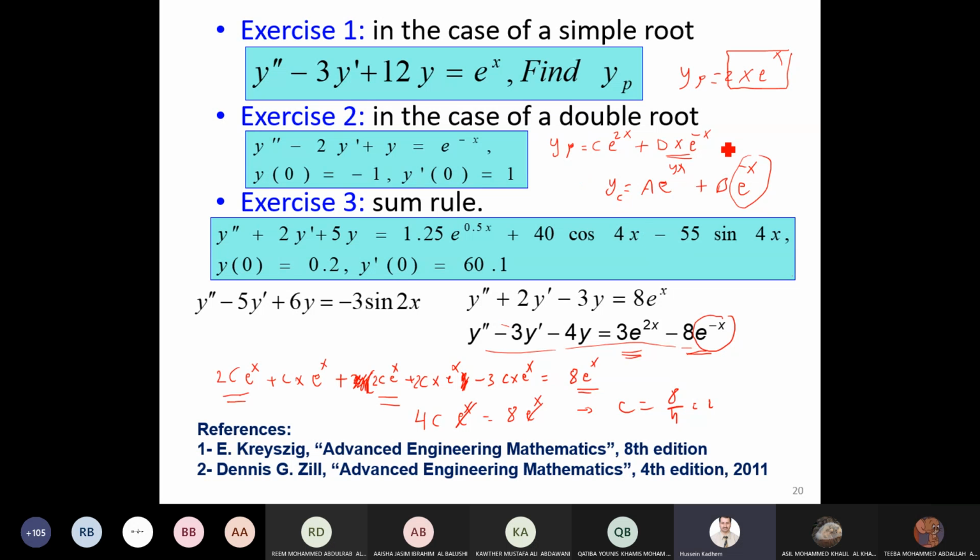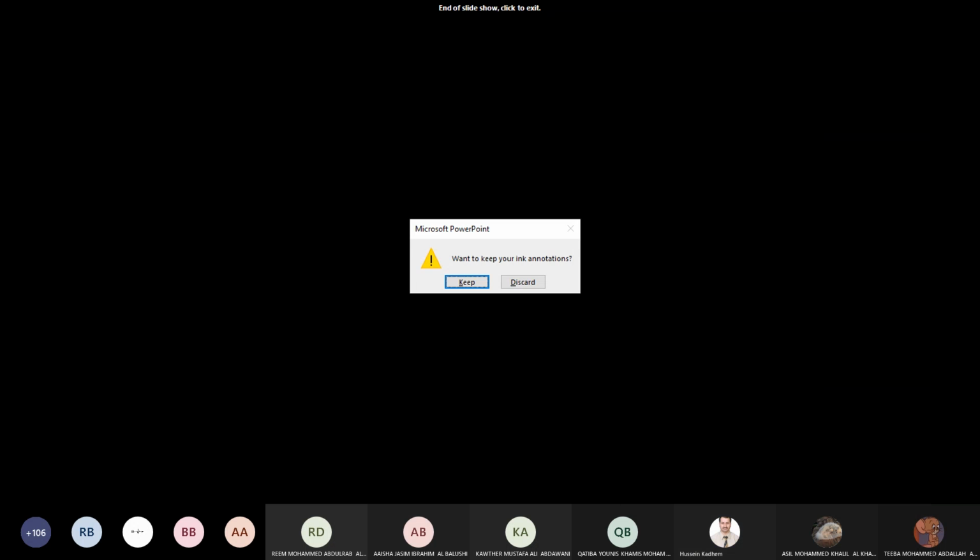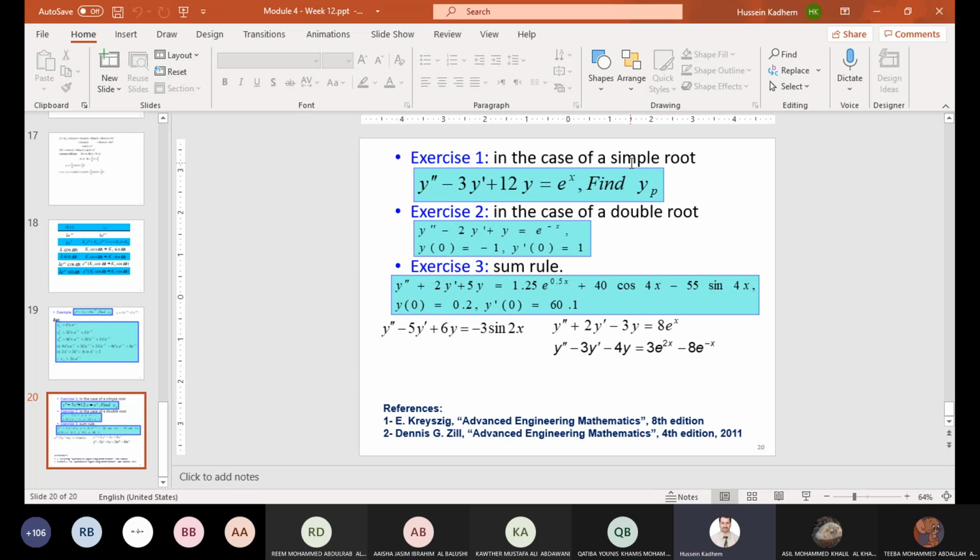Now I go to find, you see the remaining is a procedure. Find yp dash, yp double dash, substitute here and here and here, and solve for the constants C and D. Now if you go through this, I expect that you will have two equations. You may have two equations if you solve them, or you can equate the items on either side of the equation to find the constants C and D. I will stop here. If you have a question regarding second order